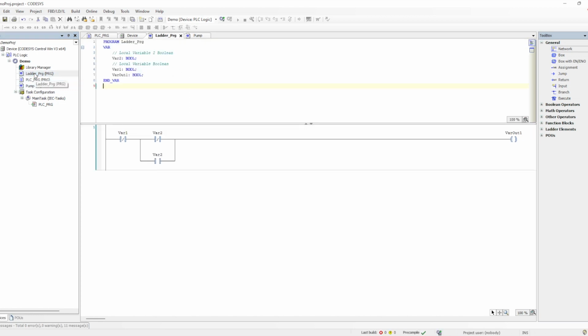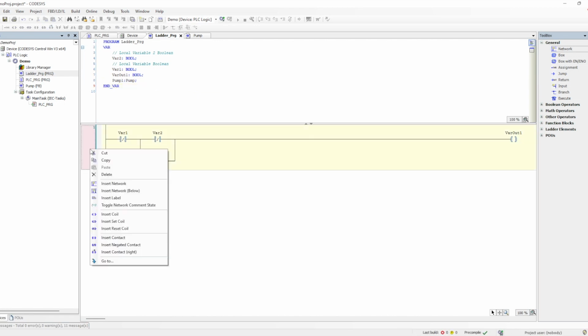Okay, so now let me go to the ladder program, and there I will try to call this particular pump function block. So how we can write, we have to give some instance name, and then the function block becomes a data type. So with that data type, that instance will be created. So that is one way of doing it. Or